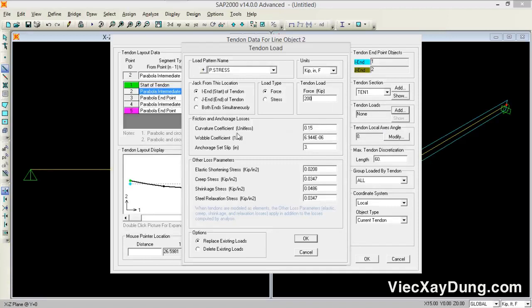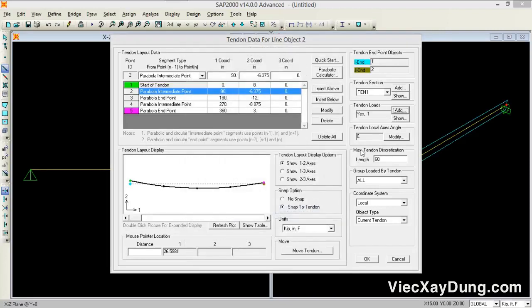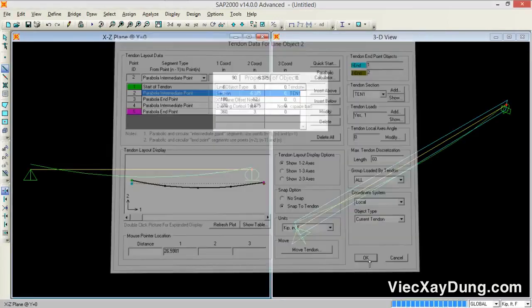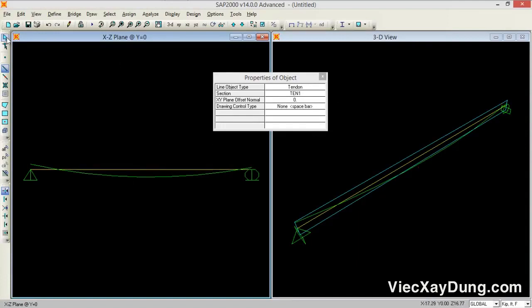So these are some coefficients. Now if you have some errors or some uncertainties, you can pick these coefficients from one of the guides which we have from ACI or ASTM, but in our case we assume that our structure is completely fine. So keep all these coefficients as 0, right? We are just working under the ideal situation, so no need to change anything. So press OK again, and all the other things have been done. Press OK again. So look, your tendon has been